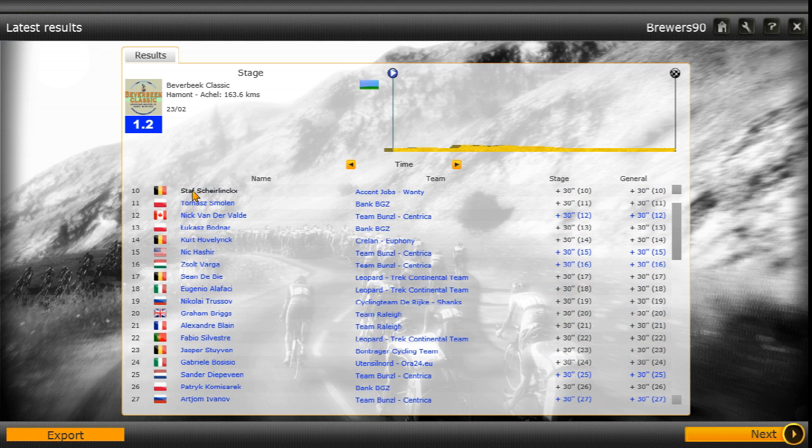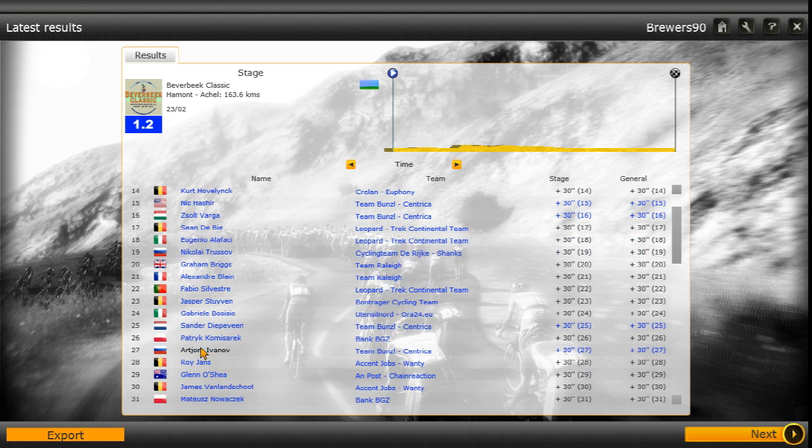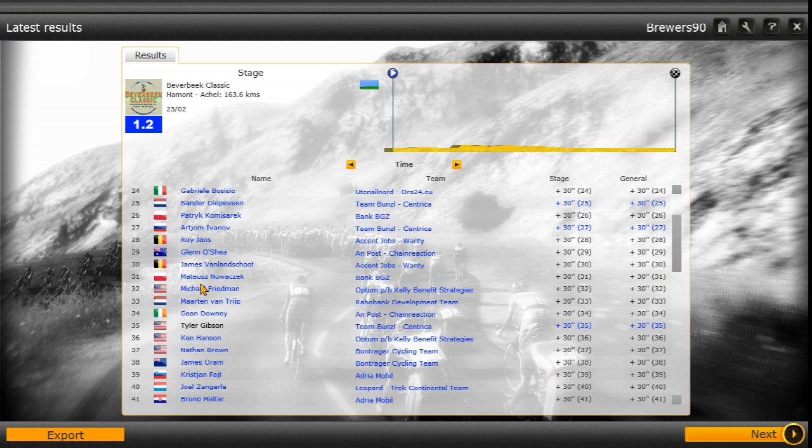The only consolation is it affected a lot of other guys too. As you can see, a lot of top sprinters all the way down here. Deeperveen 25th, Ivanov 27th. Is that everyone? No, who's the other one? Gibson 35th. So,